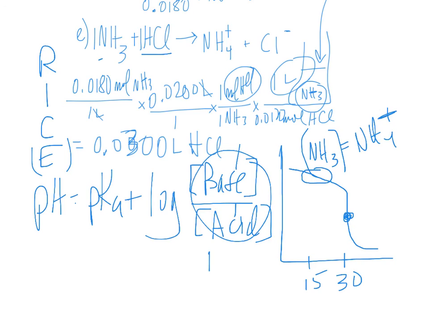So you'd input the initial moles of NH3 that we had already figured out above, 0 for HCl to start, 0 and 0 product. And then we would move down. What are our changes? At 15 mils, if we were to do 14 or 17 mils, we could figure out exactly how much of the acid has been added and then exactly how much of the base remains. And that's where you would plug in a ratio of moles. You could do molarity, but moles per liter divided by moles per liter reduces to a mole-to-mole ratio if it's the same solution. You could just plug in your moles there. But in our case, we're in a very fortunate scenario because the pKa and the pH are easily figured out